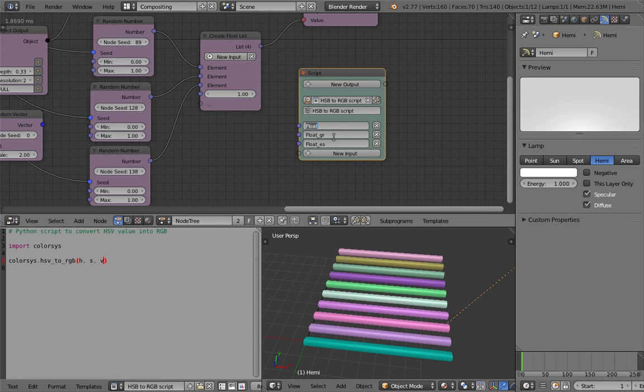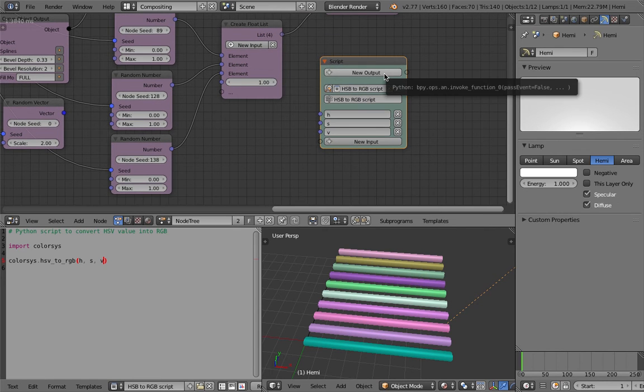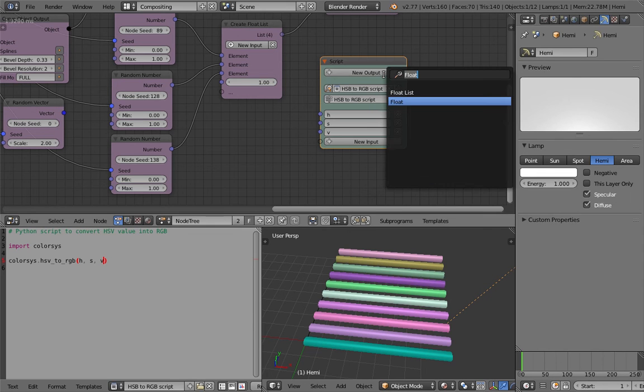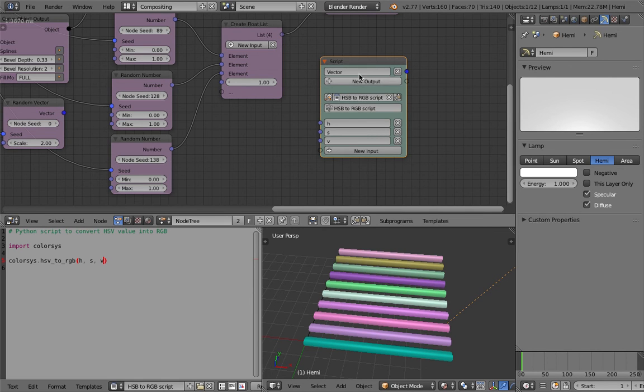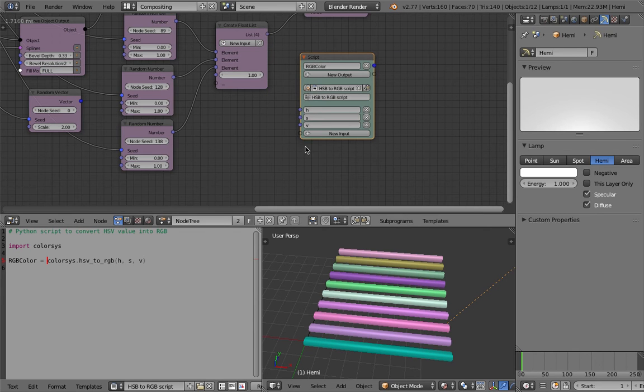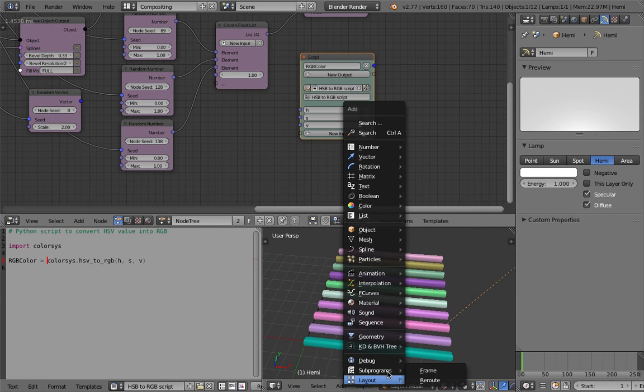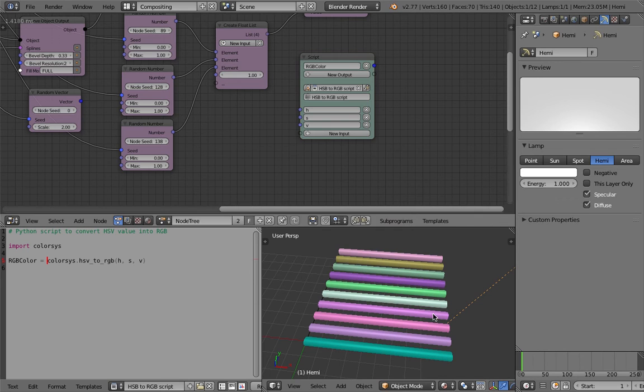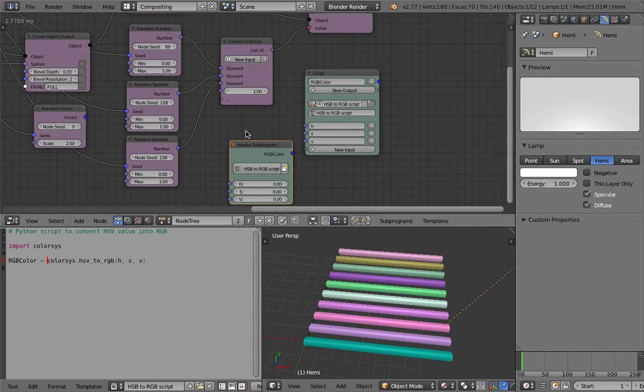So it's gonna be HSV. The output is gonna be a vector. So, yeah, I think it's gonna be vector. It's 3 values, and it's gonna be the RGB color. So the RGB color will be the output. It will be a vector, a list of 3 numbers, and that's it. So we will have this working for us. HSV to RGB,